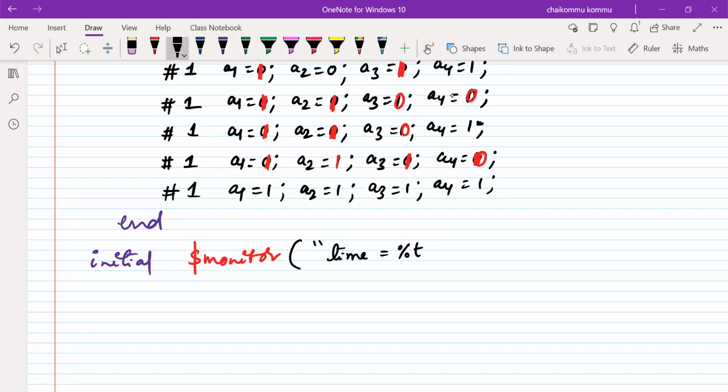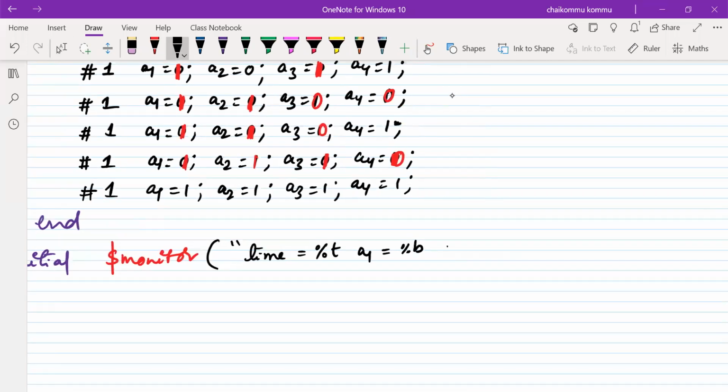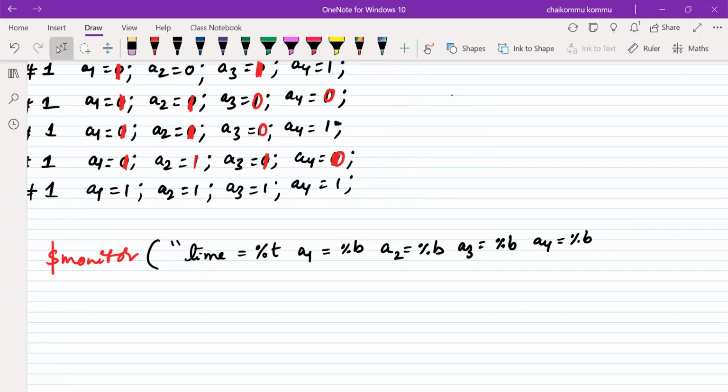For 0 nanoseconds of time, I want to mention a is equal to percentage of b. That means a1 must be represented in the form of binary. Percentage of b stands for binary information required for a1. Next, a2 also requires binary information, a3 also, a4 also, and y also requires it.